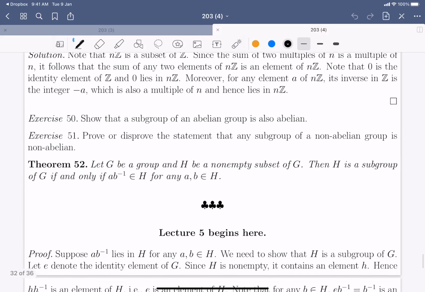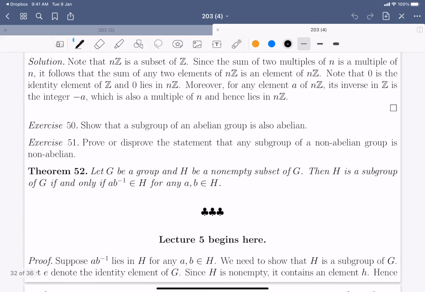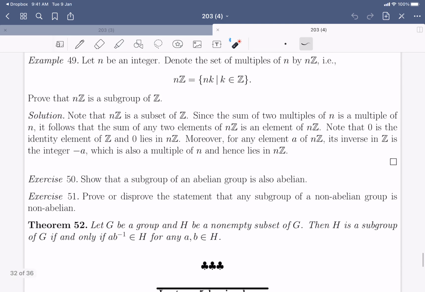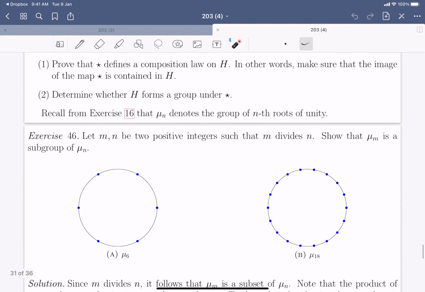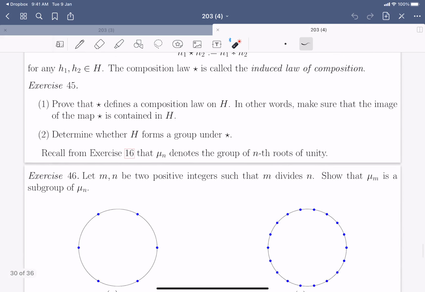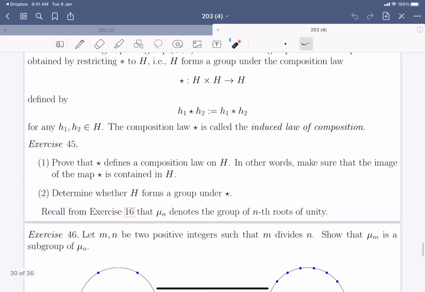Today we are going to discuss this theorem, which we stated earlier in the previous lecture. This is about the notion of subgroup of a group G. Earlier we saw the notion of subgroup. We have seen its definition, where we have seen that it is defined by a certain bunch